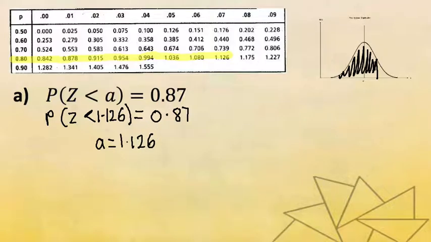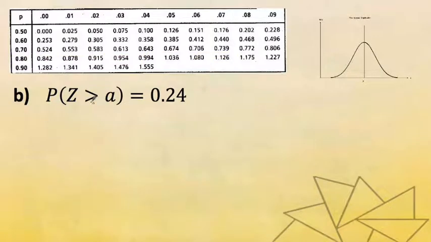Okay, let's have a look at B. B wants me to find probability Z greater than A is equal to 0.24. So I'm using the right-hand tail. If I'm using the right-hand tail, I want a probability less than 0.5 here. So it means it's just going to be finding a little tail up here. So I know what I'm actually finding is 1 minus